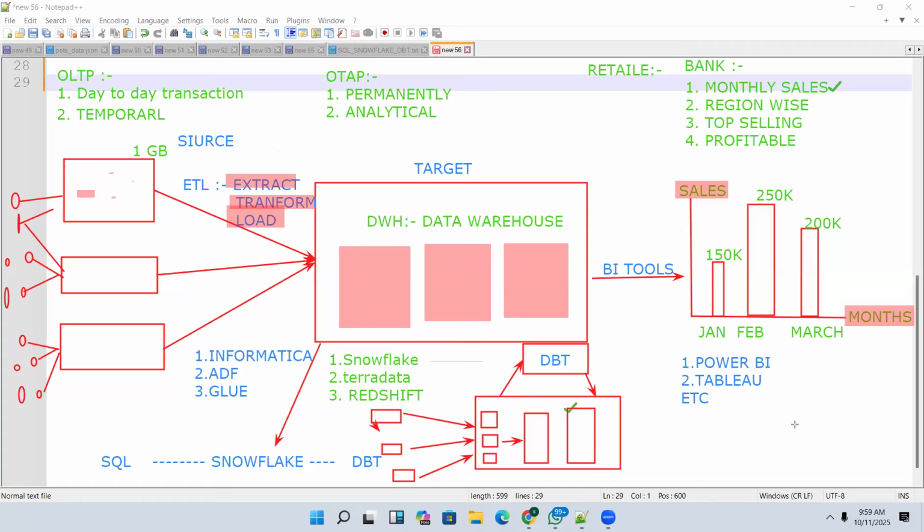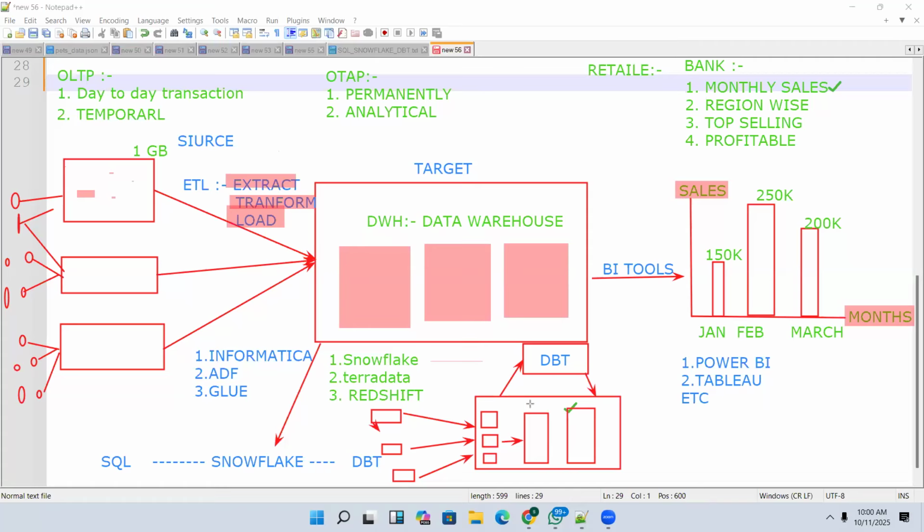Mostly in this we write some macros, there is a concept of macros and also models. We write some models and they are reusable. For example, you want to do some transformation and you created one model. If you want to do the same type of transformation again, you are not going to create it again and again, and you no need to write that code. The model is already developed, and you just run that model. There will be a lot of support available.